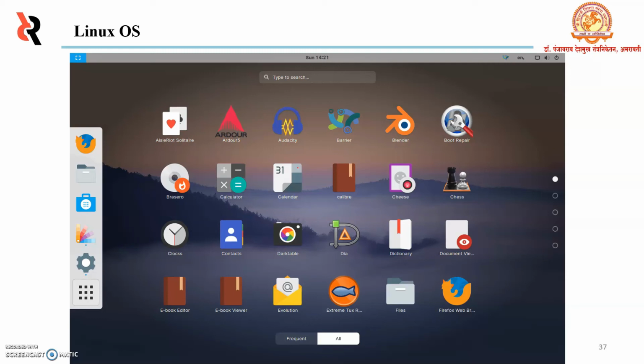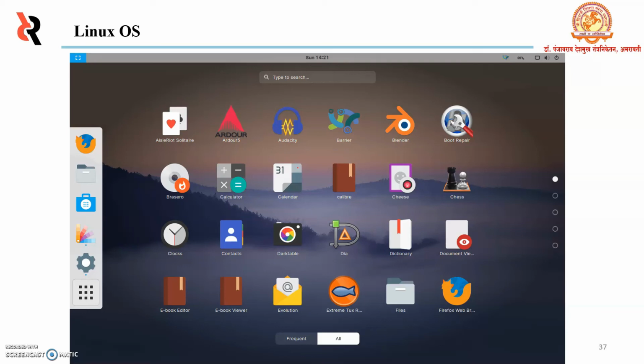Some of the most popular distributions include Red Hat Enterprise, CentOS, Debian, OpenSUSE, Ubuntu, etc. Linux also supports several hardware platforms including Intel, PowerPC, DEC Alpha, Sun Sparc, and Motorola.